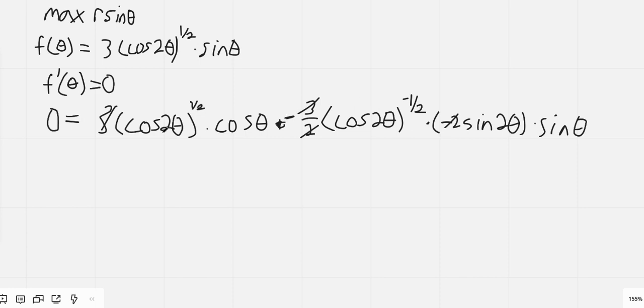And then I'm going to multiply both sides of the equation by the square root of cosine of 2 theta. So the left-hand side will stay a 0, obviously, because anything times 0 will be 0. But here, the square root of cosine 2 theta times the square root of cosine of 2 theta, we basically just have two cosines, and so that becomes just a cosine of 2 theta times cosine of theta